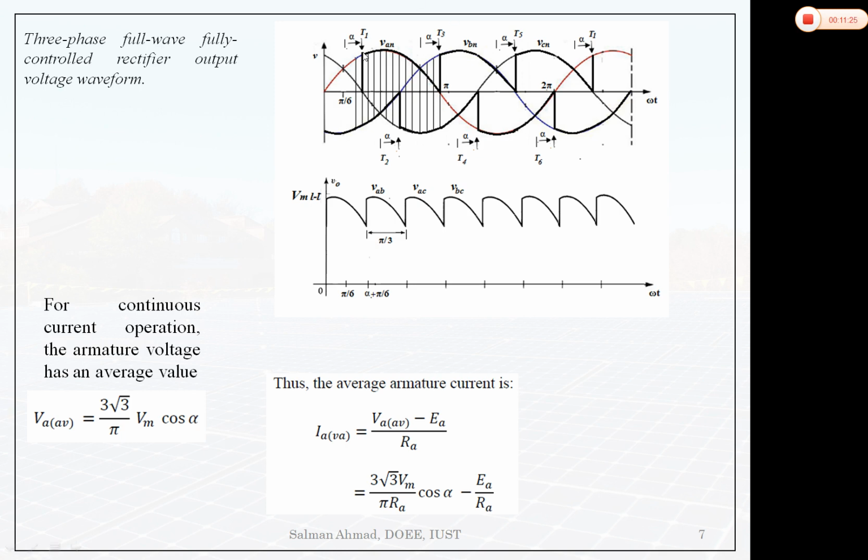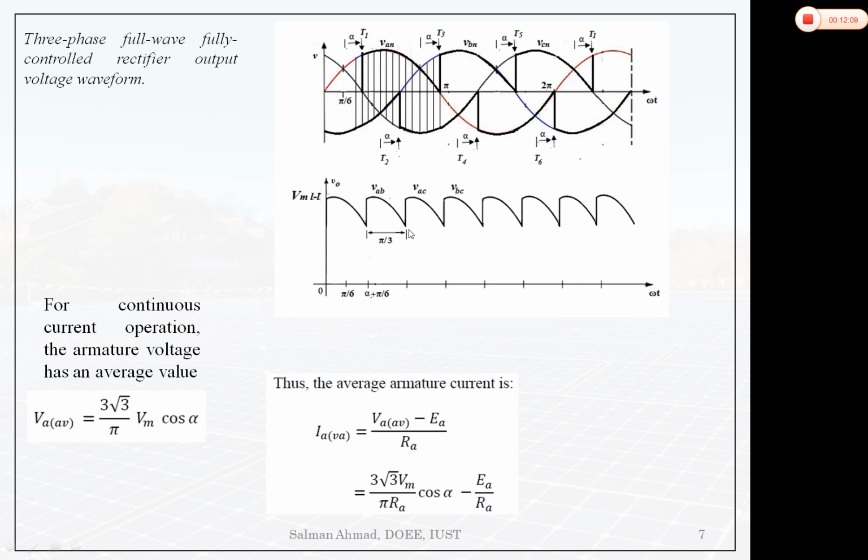Output will be actually the difference of these. At any point, if you want to find what the output will be, at pi by 6 plus alpha, output will be VAN minus VBN until here. VAN still conducts, but at this point VCN will start to conduct, so output will be VAC. So from this point output is VAB, then from this point to this point output will be VAC. You can see the waveform here, VAB, then VAC, then VBN starts to conduct and VCN is already conducting, so output will be VBN minus VCN. So the output you can see here is VBC.